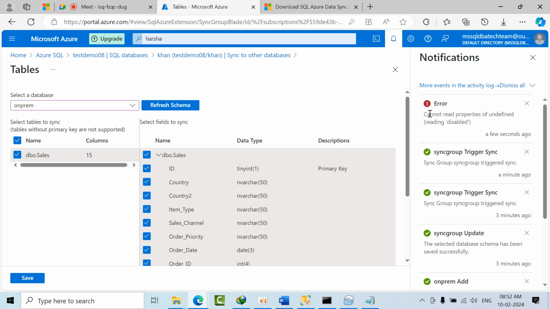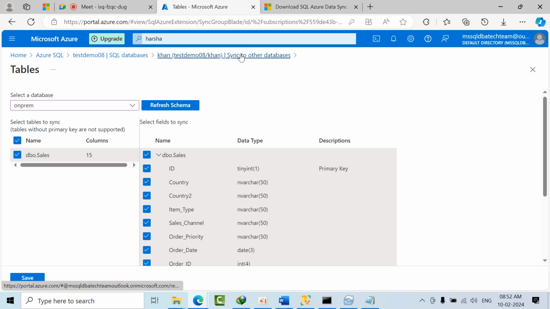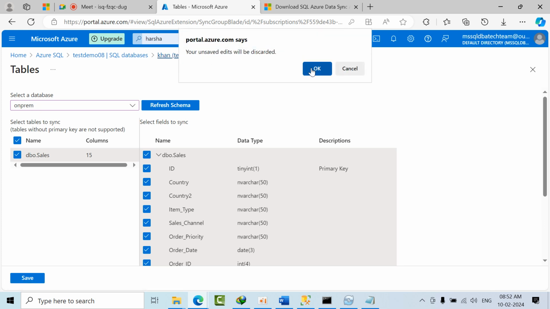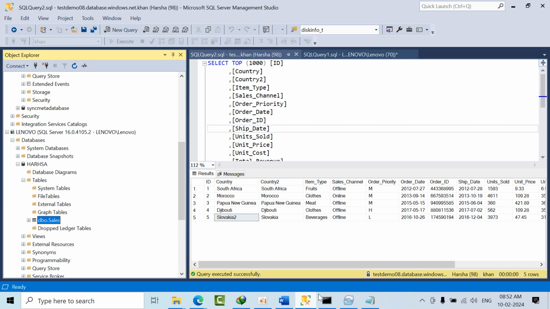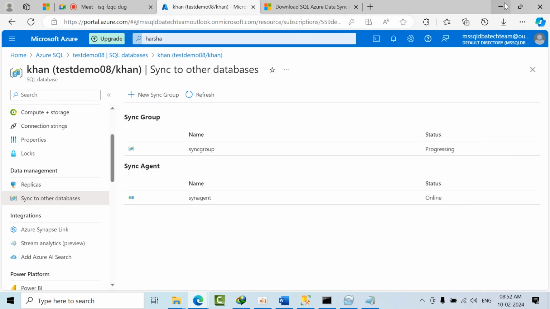Okay, see, we got this error. It is a predefined, generic error, so no need to worry. I have not done anything. So it is in progress. By default, it should be like that only. Okay, now this is how we have to do that. One more thing I need to show you is,